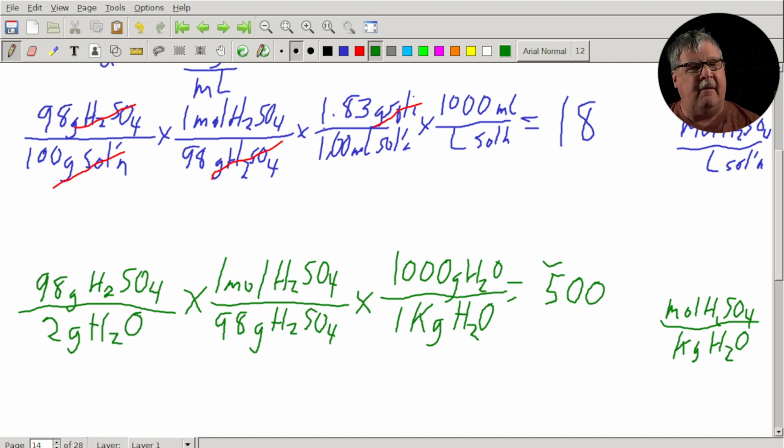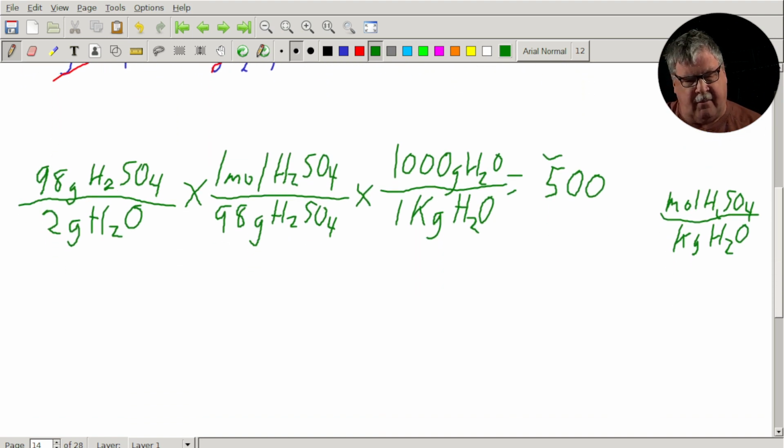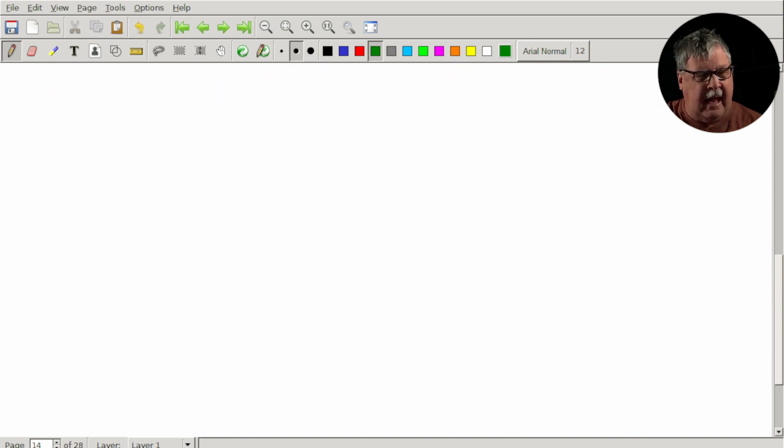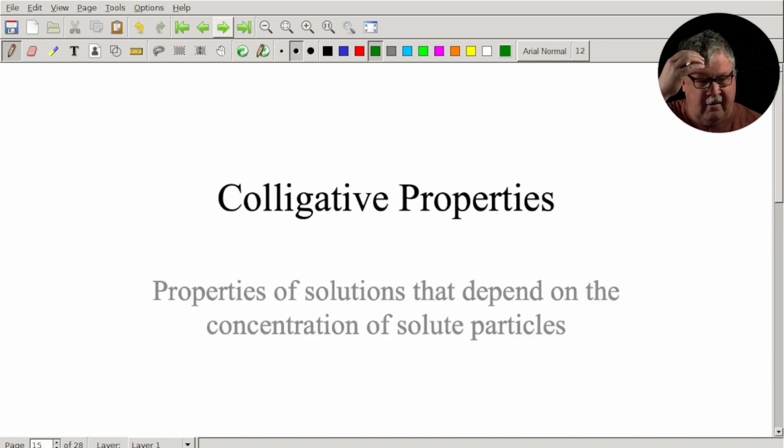All right, and there probably are some ALEKS problems associated with that. But again, you want to know this methodology for the first exam. You want to be able to make this transition because occasionally you have to do it. And that's why I illustrated it here. I have some practice sheets for you to try as well on this section of the chapter.